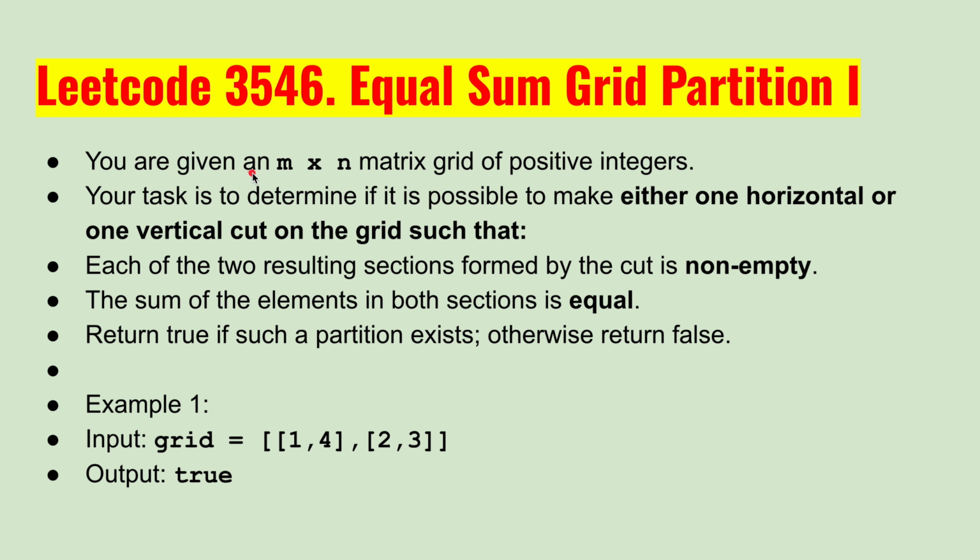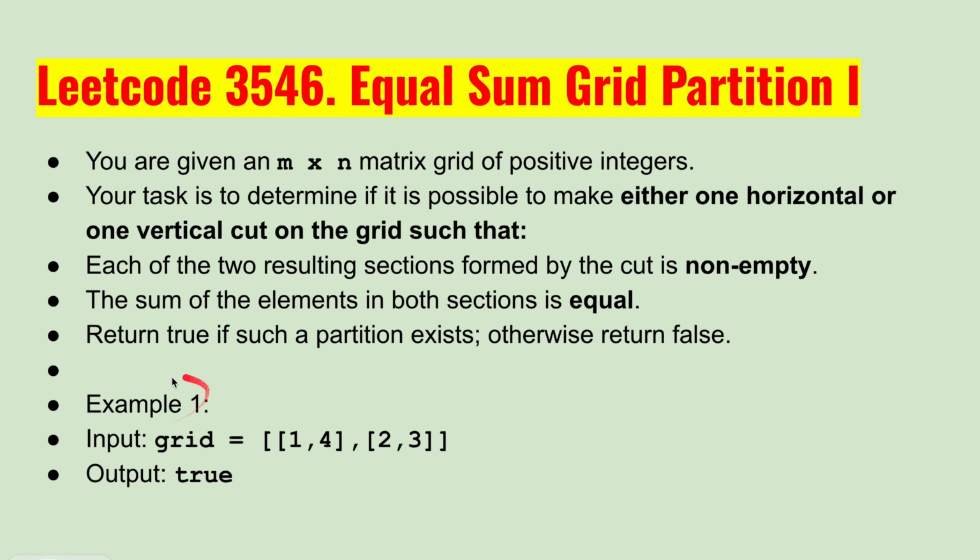You are given an n cross m matrix called grid of positive integers, as you can see in the example, and your task is to determine if it is possible to make either one horizontal or one vertical cut on the grid such that each of the two resulting sections formed by the cut is non-empty. The sum of the elements in both sections is equal, so return true if such a partition exists, otherwise return